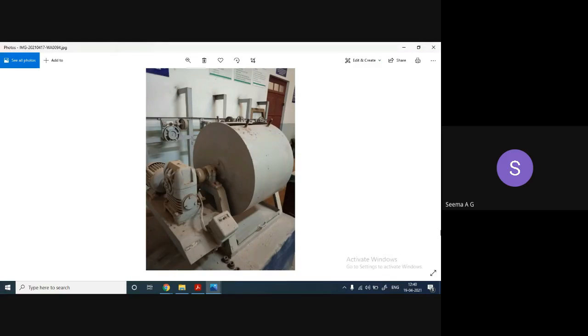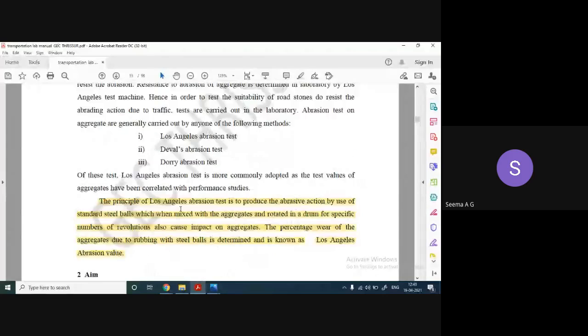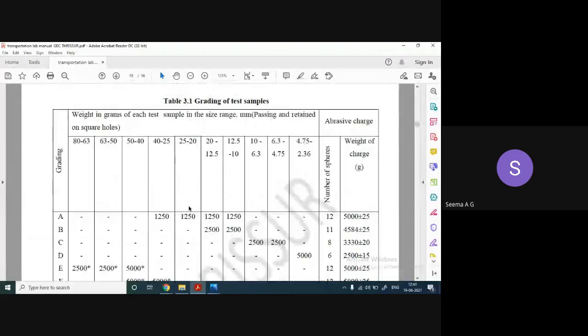And the abrasive value or the abrasion resistance is measured as a percentage. So according to the grading, the quantity of aggregates and the number of steel balls are specified. For grading A, B, C, and D, the quantity of aggregates is chosen. For grading A, B, C, and D, a total of 5 kg of sample is taken,